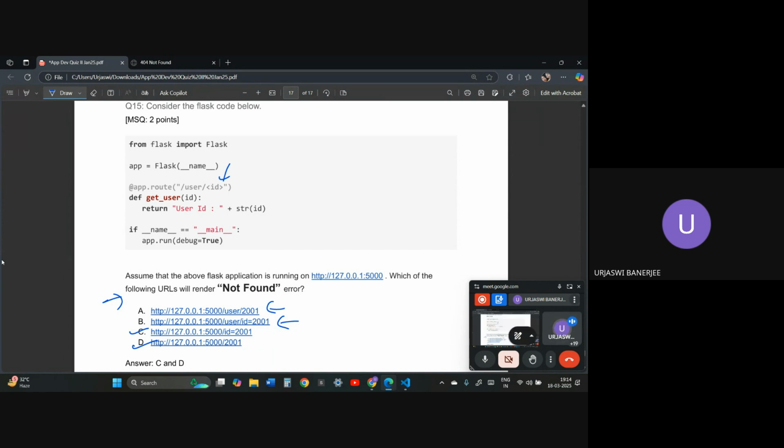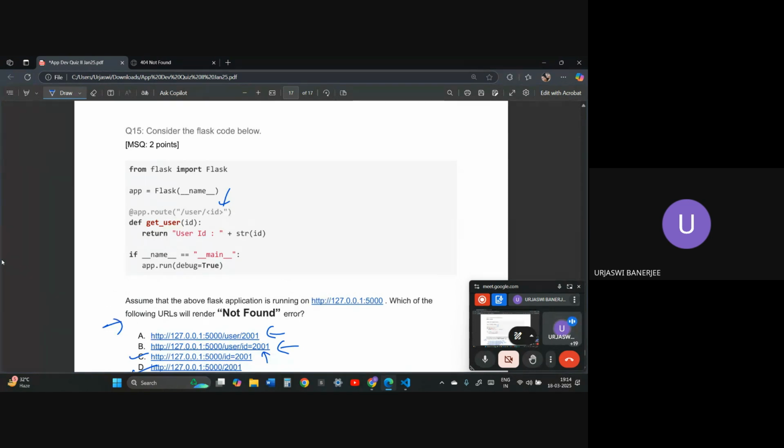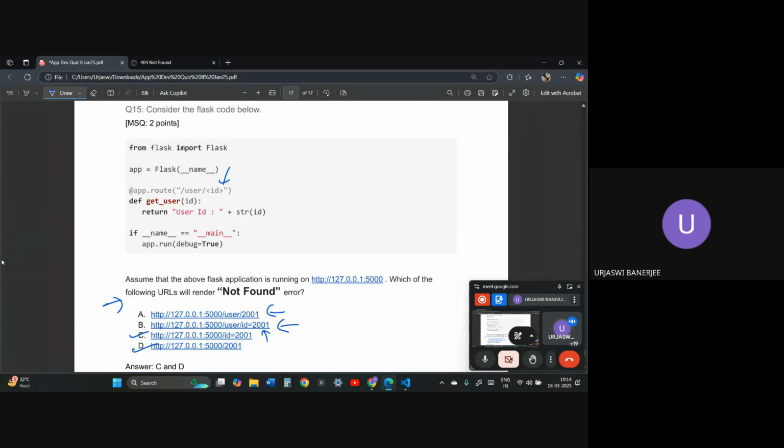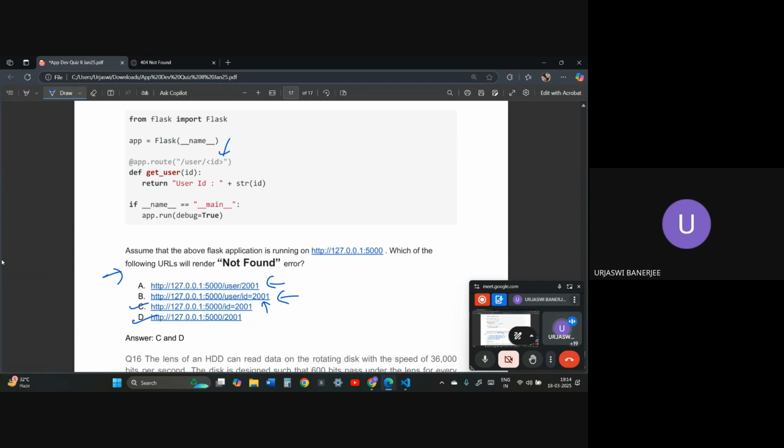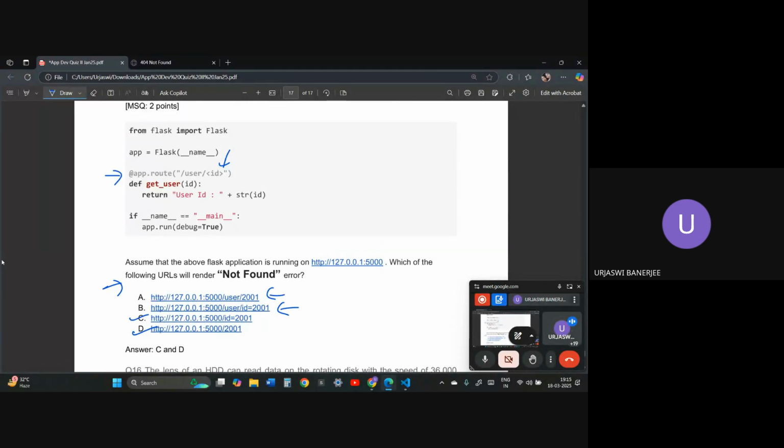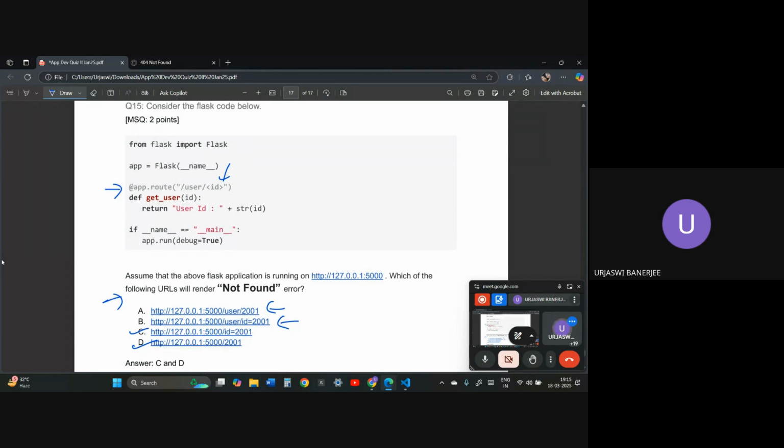Another thing is, over here we can pass id equals this type of thing in a normal Flask question. But it should be handled correctly in the code. For example, if you're trying to pass this inside APIs, of course it will be wrong, because APIs don't have any way to handle those parameters. But in Flask you can use this. Let me just erase this. I hope everyone got this question right.